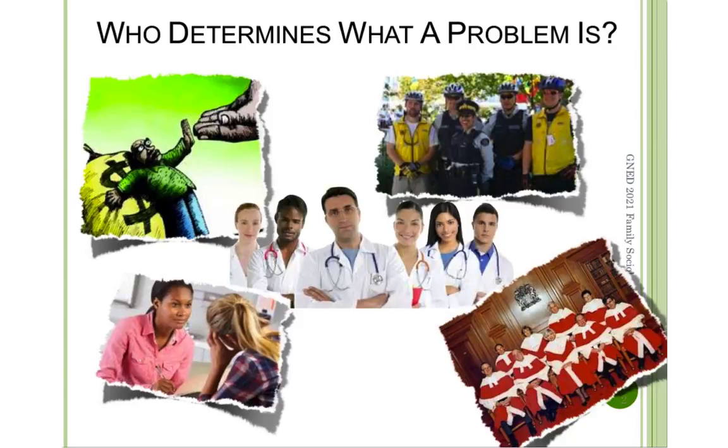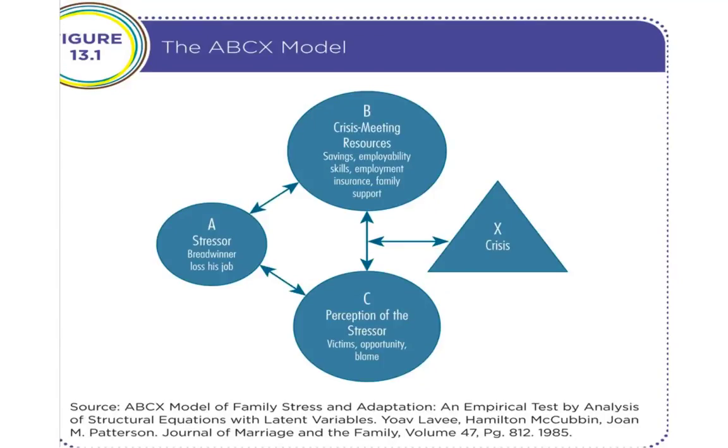So not everyone in society defines problems in the same way. Some special interest groups are similar, but may work together to force change. So special interest groups can sort of lobby to bring their issues forward. Now, what you're seeing here is the ABX model, and it looks fairly straightforward, and it is.